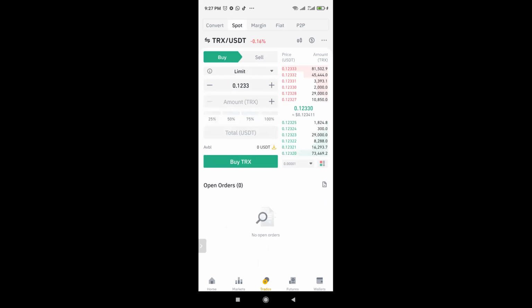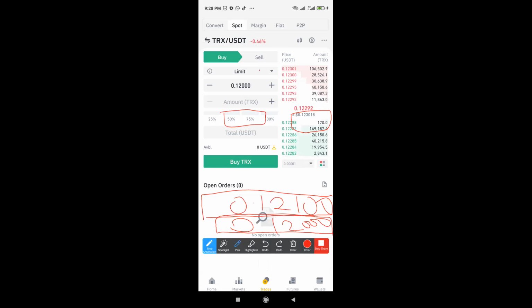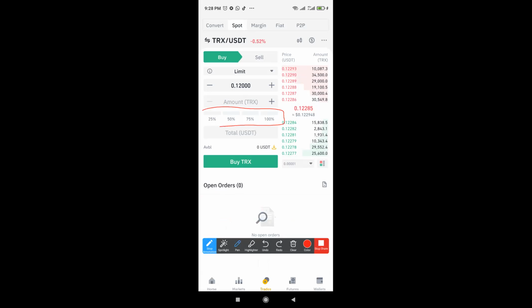I remember saying limit, you type in 1200 here. If you're on limit, put in the amount you want to buy Tron at, and select how much of your money. So you are seeing amounts, TRX here. This is where you determine how many Tron you want to buy, maybe 1,000 Tron or 10,000 Tron, or only 10 Tron, okay? Or 1,500 Tron, okay? If you don't want to type in the amount of Tron, you can use this thing to state the amount of Tron you want to buy.